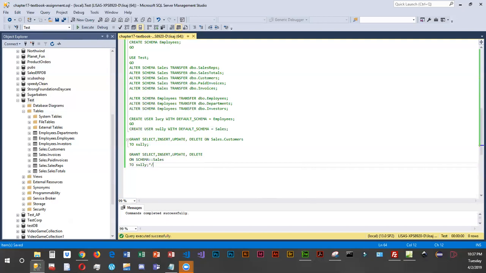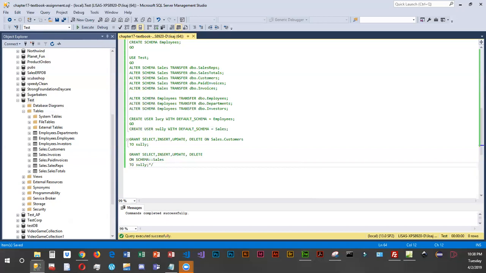So apparently Peter got a little delete happy, and he deleted all of the rows in one of the tables, and the test database had to be restored from a backup. So our boss wants us to remove the update and delete permissions from Peter. So we have to now revoke